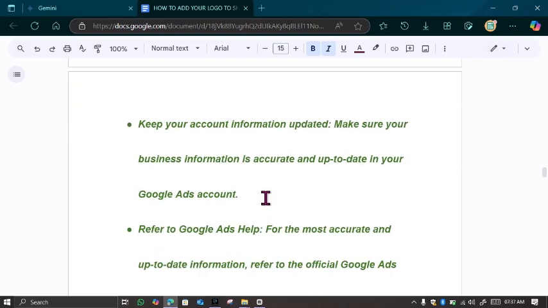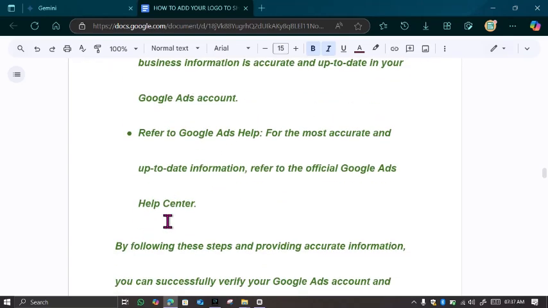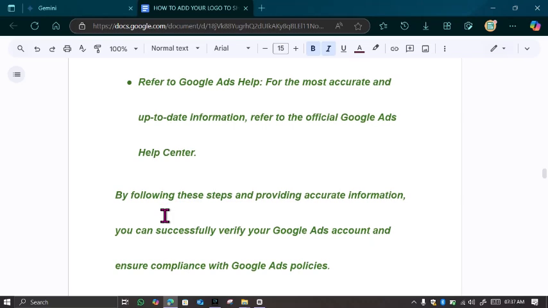Next, for the most accurate and up to date information on this, you need to refer to the official Google Ads Help Center. But by following these steps and providing accurate information, you can successfully verify your Google Ads account and ensure compliance with Google Ads